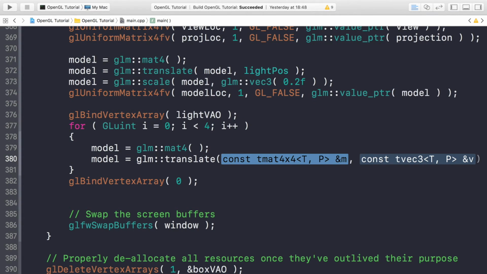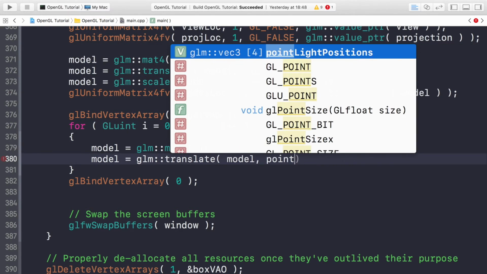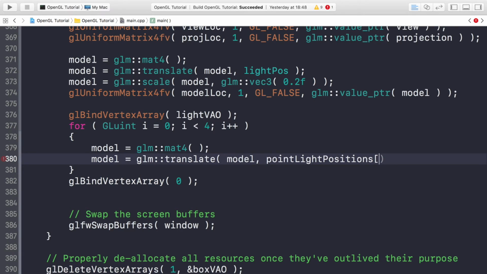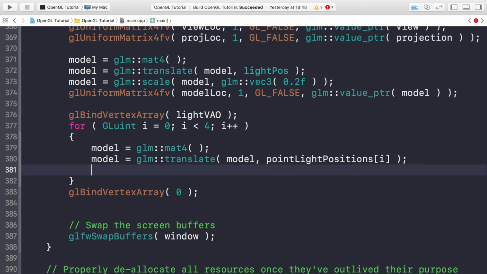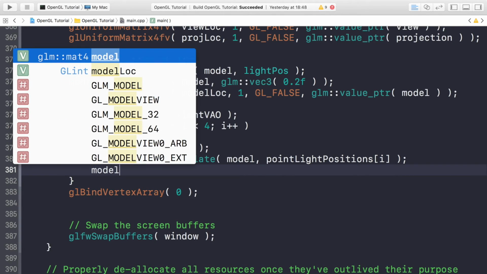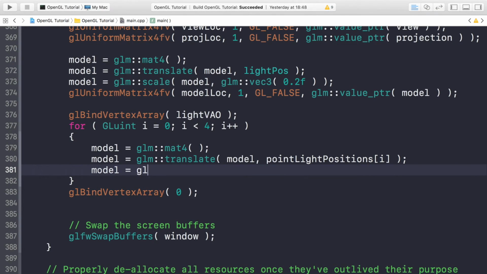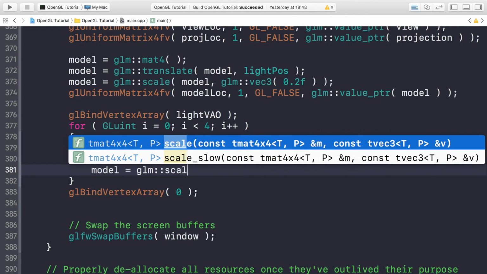translate, and this is just going to be translating the model, and then the vector for it is going to be point light positions, then the iterator, which is called i, and now we're just going to make the cube a little smaller as we have done before, equal GLM scale, and